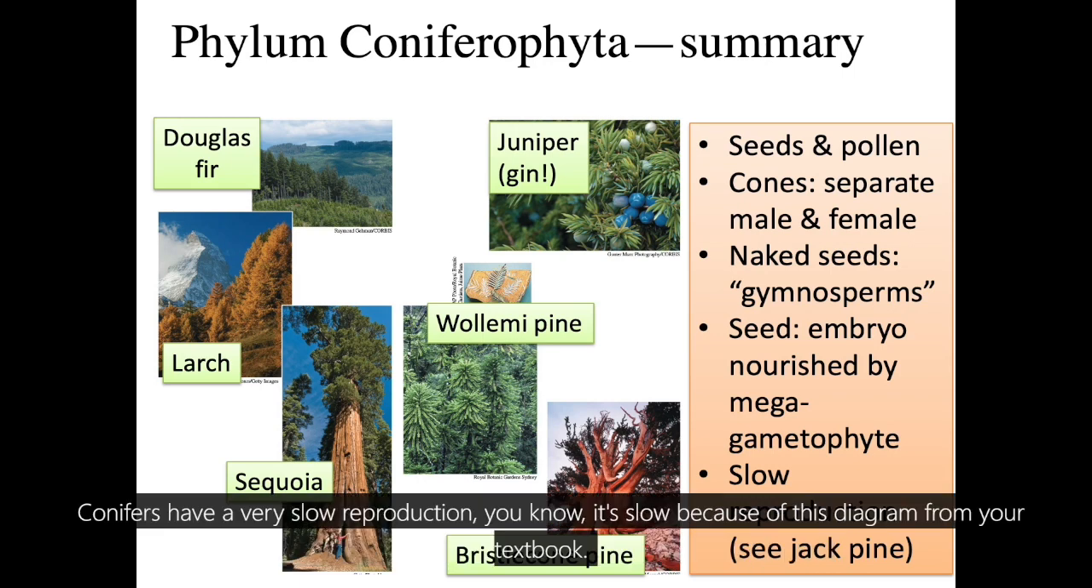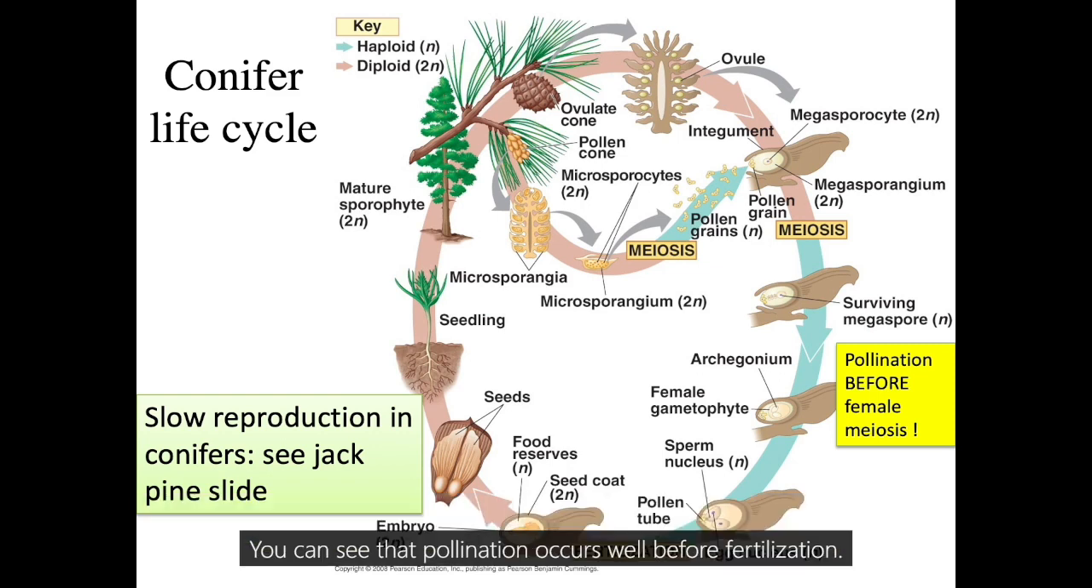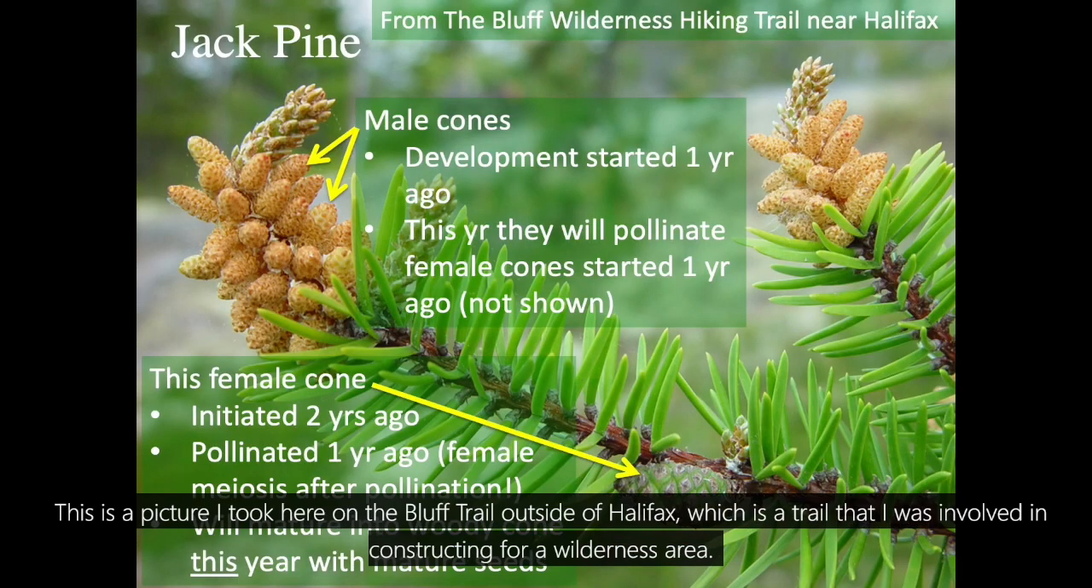Conifers have a very slow reproduction. You know that it's slow because of this diagram from your textbook. You can see that pollination occurs well before fertilization. So here's an example from jackpine. This is a picture I took here on the Bluff Trail outside of Halifax, which is a trail that I was involved in constructing